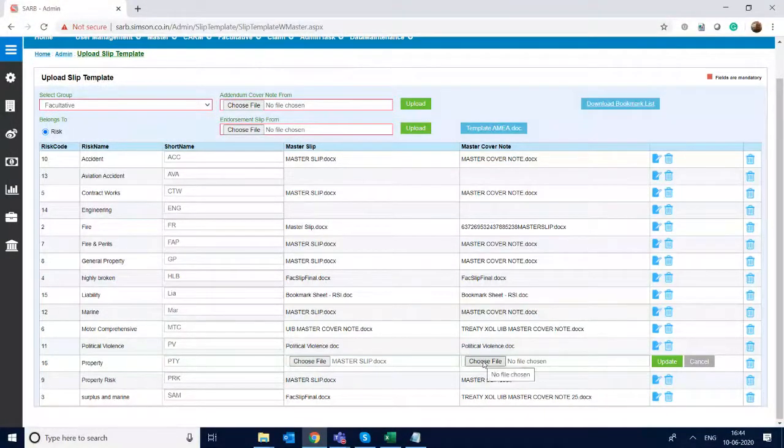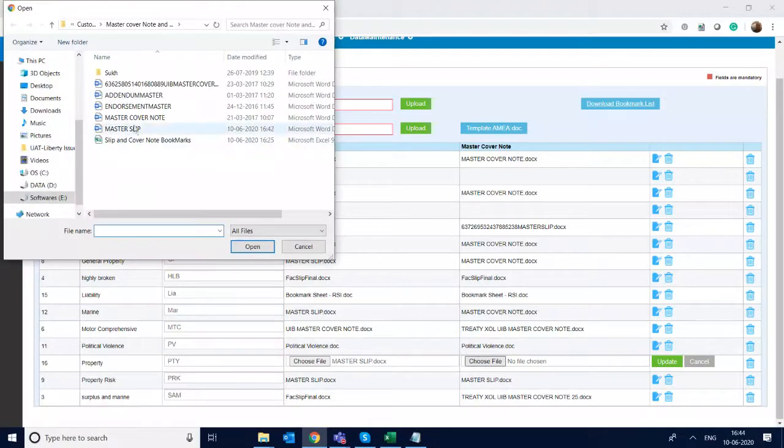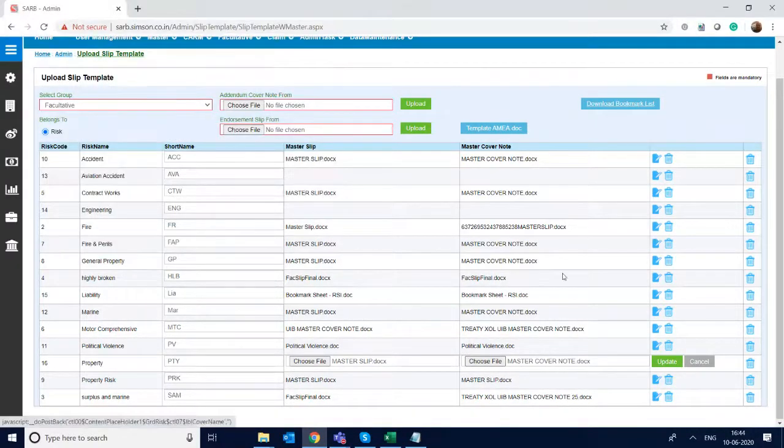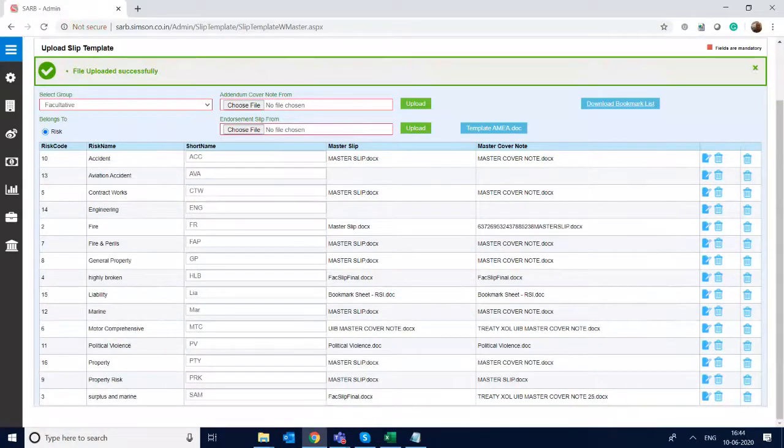And for cover note, we can upload a cover note template also if we have. I have prepared a cover note template also, or we can leave it. So templates uploaded. So this way we can upload template for each class of business.